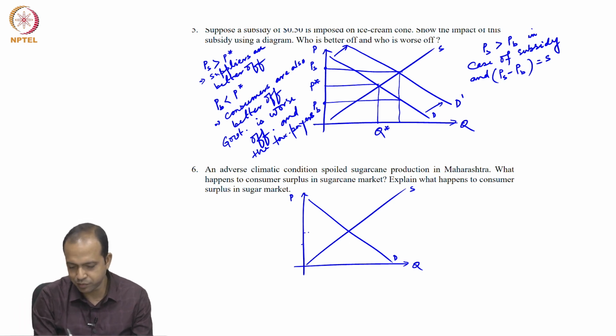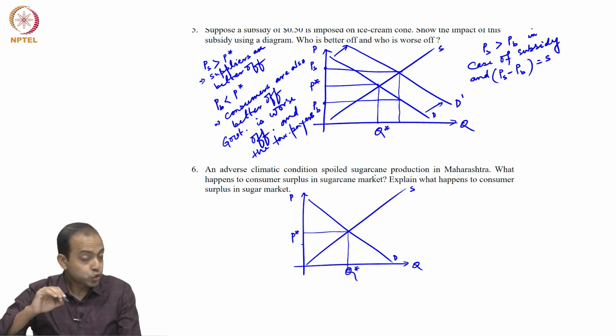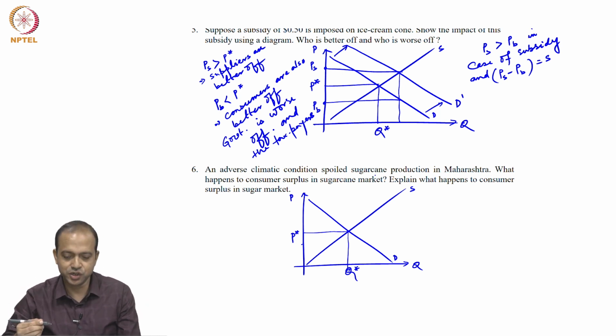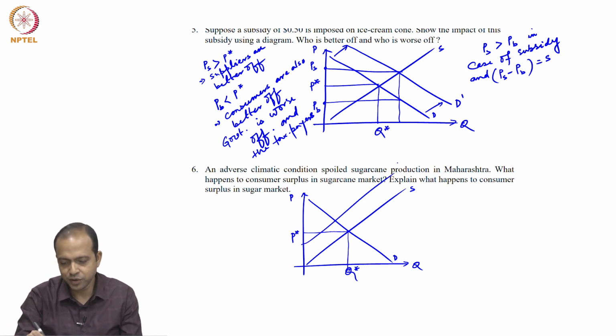This is the equilibrium price and quantity, and this entire area is consumer surplus, that we know. When there is an adverse climatic condition, what will happen? The supply function will shift upward from S to S1,